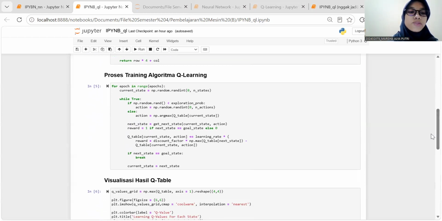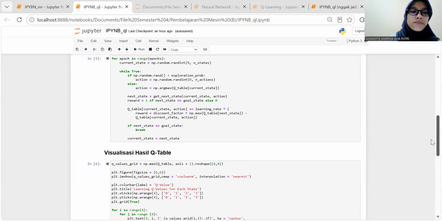During each training episode, the agent selects actions using the exploration and exploitation strategy. After performing the action, the agent receives a reward and updates the Q value using the Q-learning update formula. By repeating this process many times, the agent gradually learns which action provides the highest reward for every state.